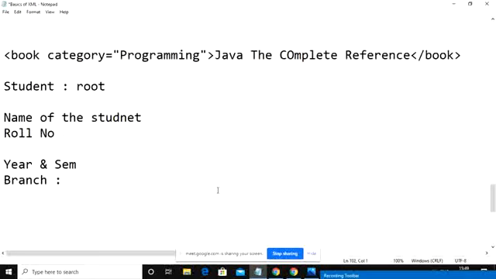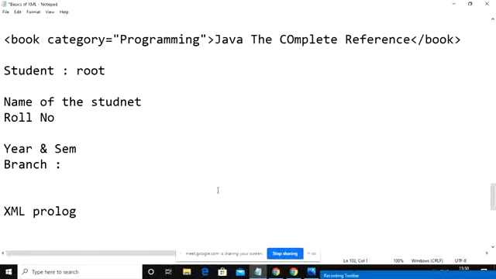We always need to include the XML prolog as the first line within your XML document. The syntax to represent the XML prolog is: first an opening angular bracket, then a question mark, followed by xml, then version. Version equal to, and right now we have only version 1.0.